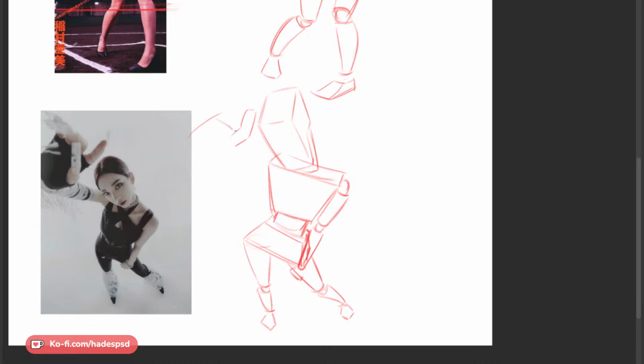So you can draw the hand first and then bring the arm to the hand. It's a pretty good technique.